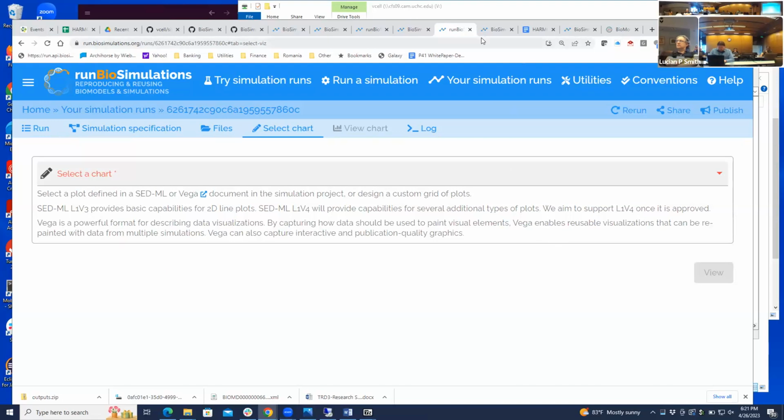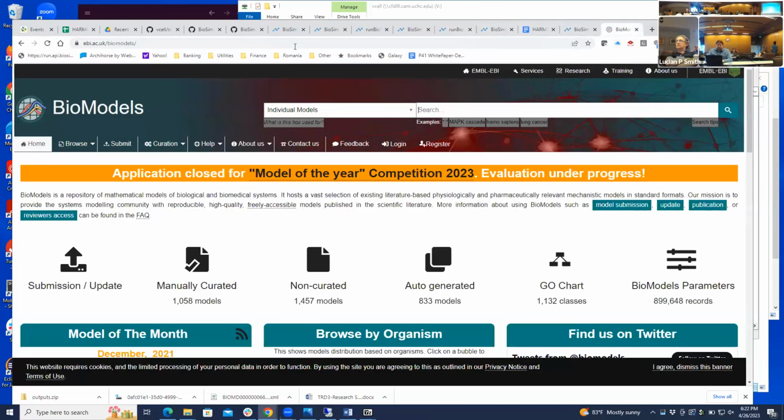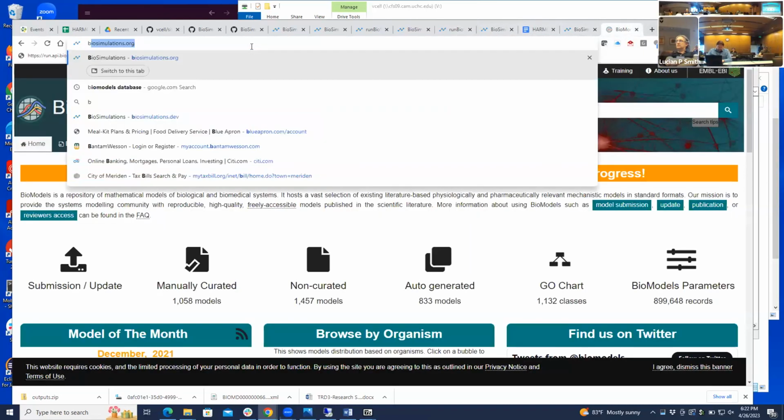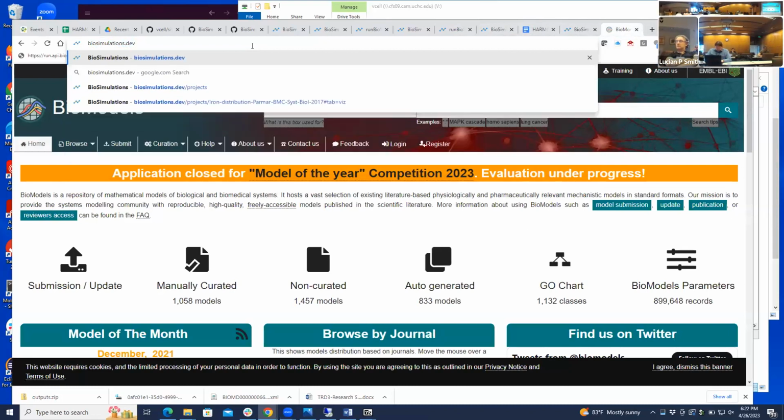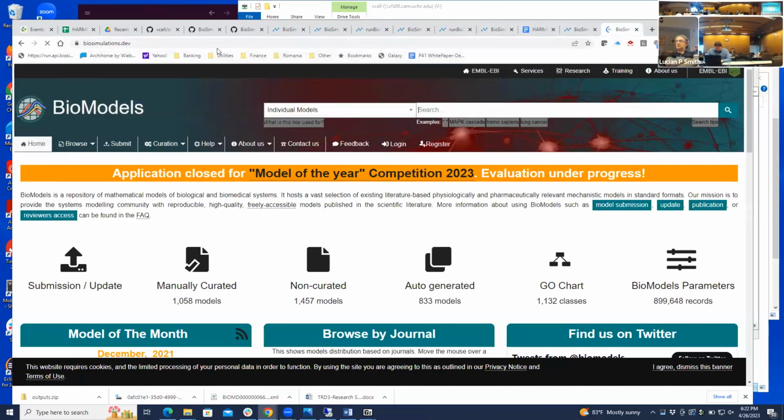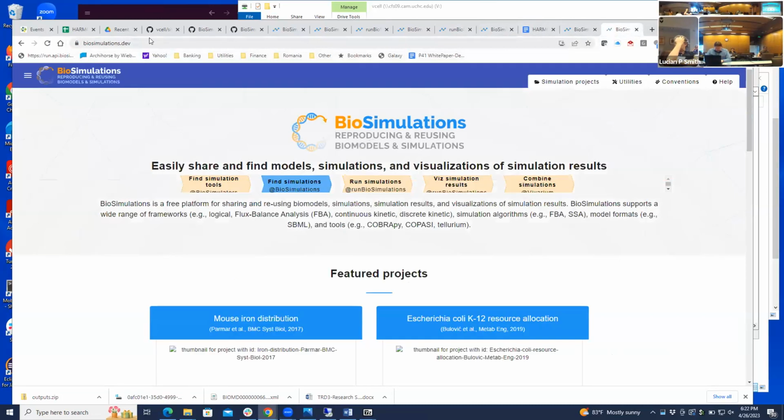Now, in order to navigate through this easier, on the dev site, so if you go to our simulations dev, this is still very hot off the presses, all of the presses still going to burn your fingers. We started reviving the backend